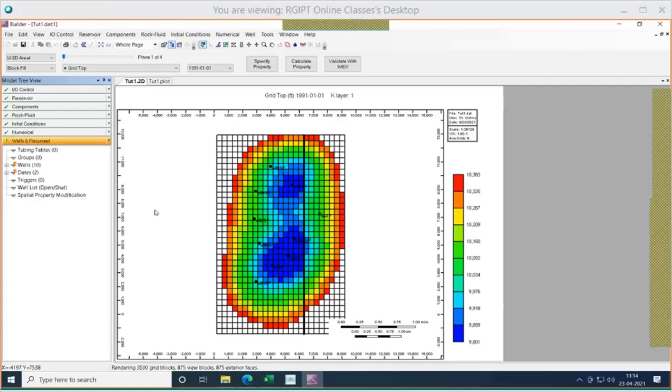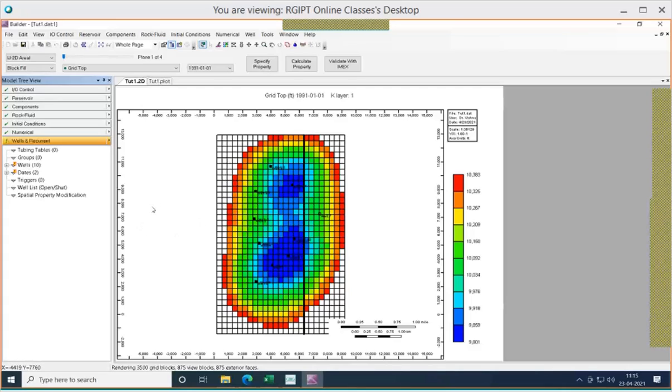In that case, we may look for additional data, or we may change some of the properties which we have already defined, or we may change the PVT data or something like that. Then we will run the simulation again. In most cases we may incorporate additional data from the field or from other software, and all these things we do in order to match the production data. Only then are we going to get a better reservoir model in order to apply different development schemes for the future development of the particular reservoir.